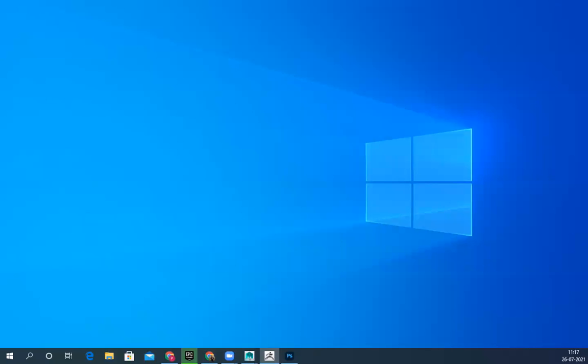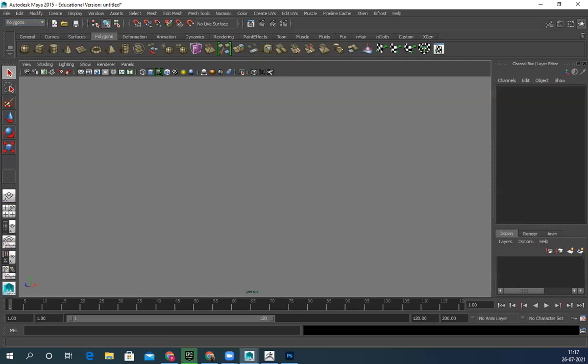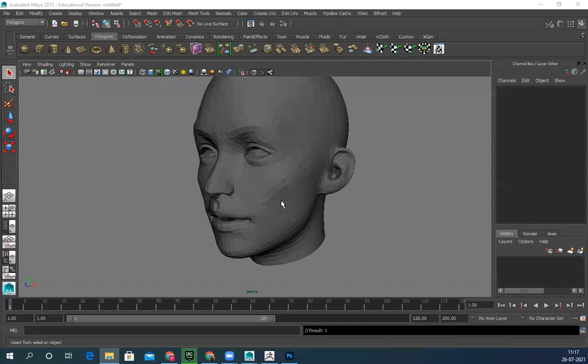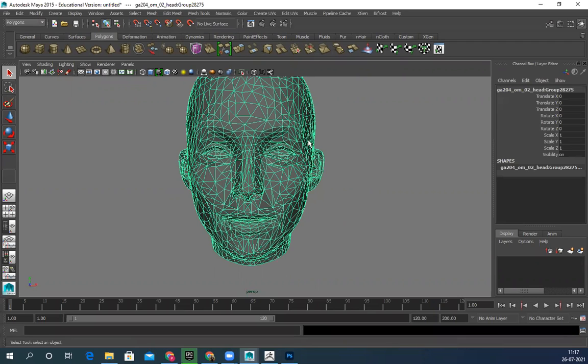So I exported this thing and I'll import it here. Let's delete this, just give me a second. I just drag and drop it here. Right, so now you can see there's no loop, so I have to recreate my entire low poly. In this process, suppose you create a base model first, then go to ZBrush and sculpt it, and then you try to bake it. There is a mismatch between high poly and low poly, because if I add slight volume to the cheekbone or lips or anywhere, there will be a little mismatch. So you need to understand that high poly and low poly should match exactly, volume-wise.